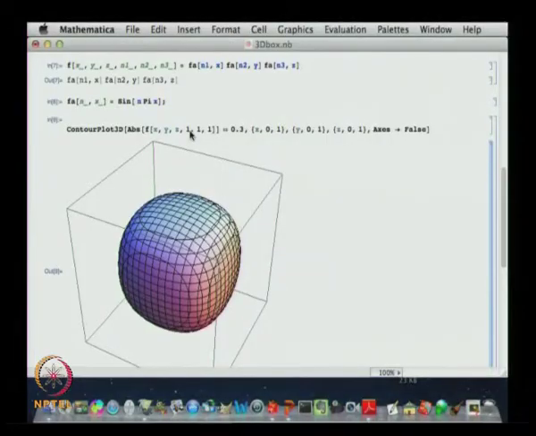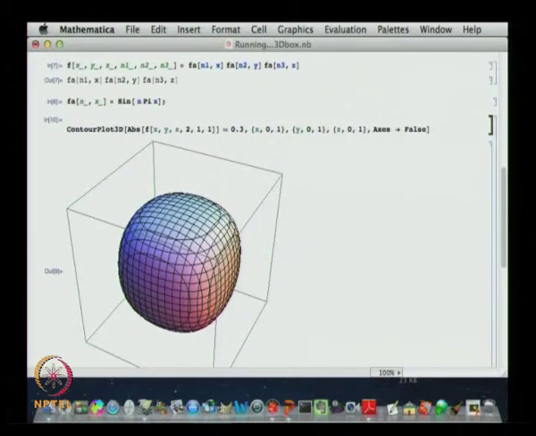Let me just plot this. It will take a little bit of time because this is a fairly lengthy calculation, and the computer will do the calculation and show you how the plot looks like. As I told you, these things are plotted using the software Mathematica, which is extremely powerful. It is still doing the calculation.